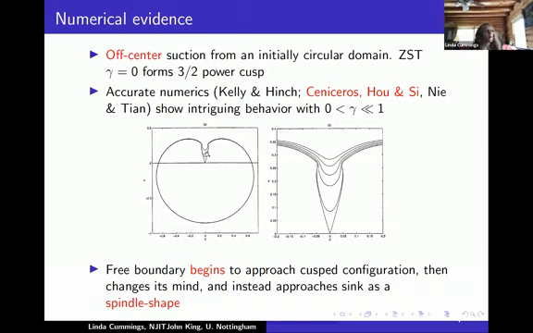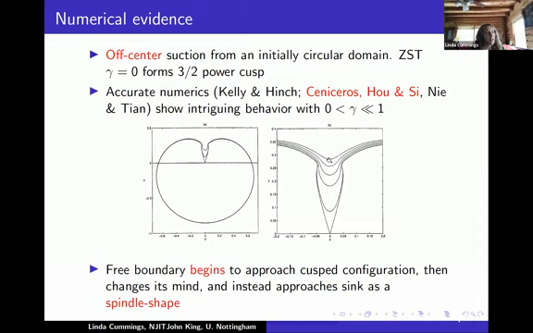Okay. Now, obviously, when you set surface tension to be some small positive number, you don't see that 3/2 power cusp forming. What you see instead is that, well, here on the right, it's useful to look at this zoomed image of this region of the domain on the left. So you can see that the free boundary starts to get pretty close to that cusp configuration. That's this first curve shown here. But then